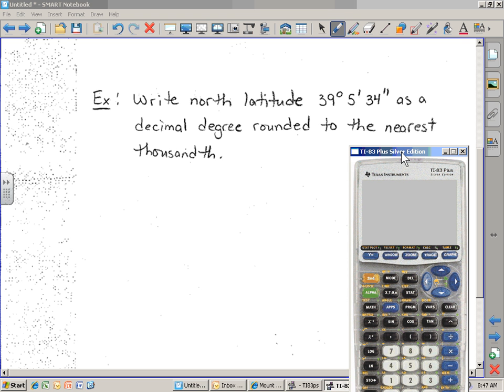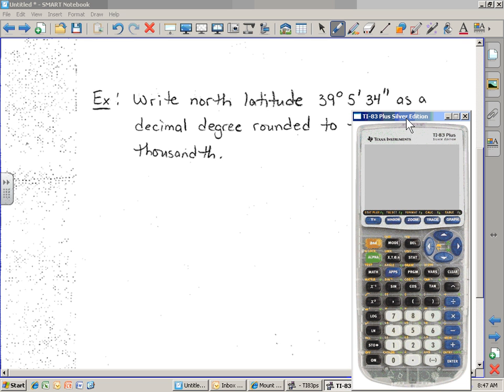Okay, so 39 degrees, 5 minutes, 34 seconds. We're going to convert that to decimal degree. Okay, so we're going to type in 39, and we're going to go to that angle menu, second apps, and choose number 1, degrees. We'll type in 5, second apps, number 2, minutes,